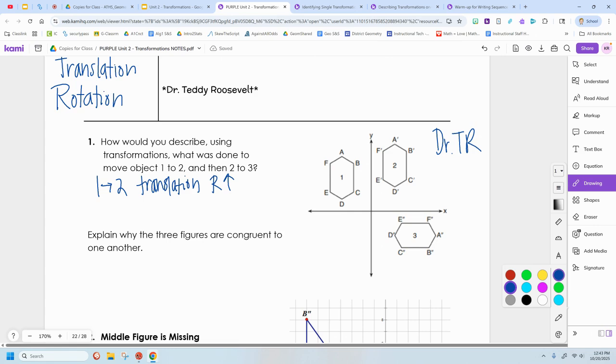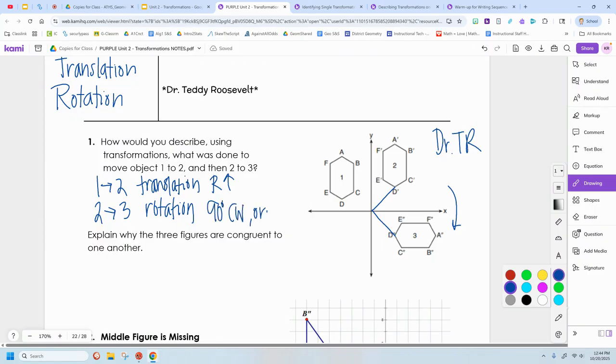Okay? And then it's asking us to describe how we go from 2 to 3. So once again, are they the same size? Yep. Reflection. Well, there could be a diagonal reflection, maybe, but do you see how this is D? Well, do you see how like C? No, that doesn't work, right? Can you guys tell that it's not that way? So then it's not just translation because things are no longer parallel. So what did happen? Rotation. And then we can probably make a little bit of an estimation. If we were to connect to D prime and D double prime, it looks pretty close, right? To being 90 degrees,